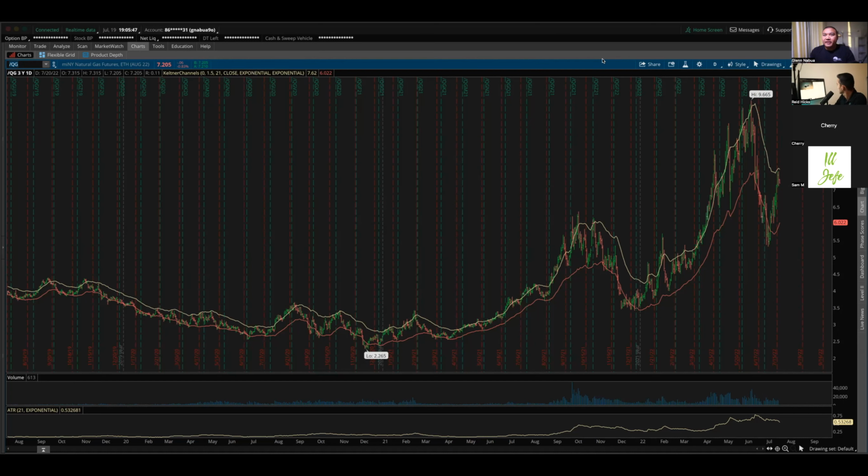So right here I have Thinkorswim up, and it's just on a random chart. At the top right corner there's this on demand button, and what this does when you click it,